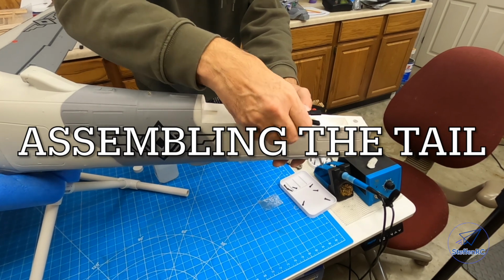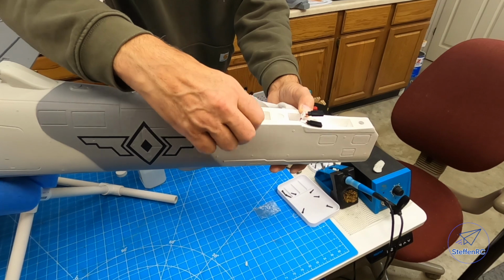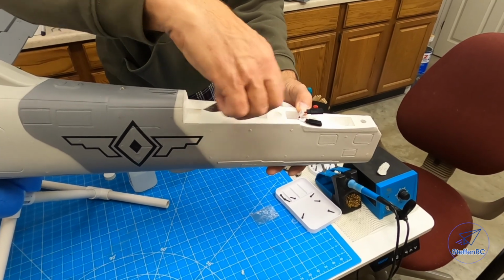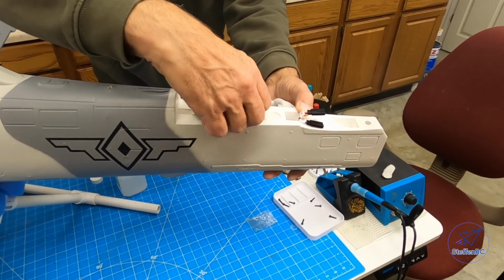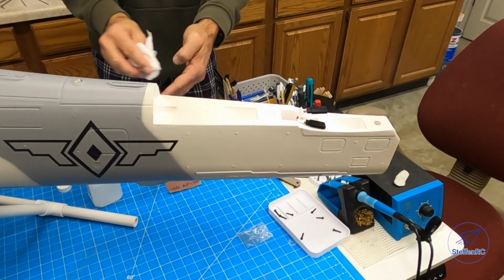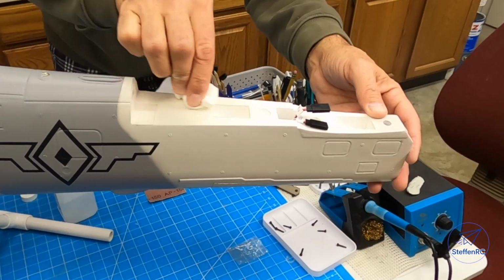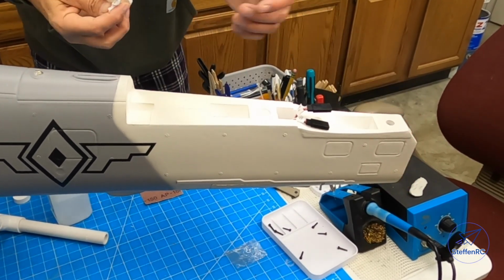Gluing this little tail piece on, and I kind of want to just scratch up the surface a little bit. It's also painted, and the paint just comes off, so I wanted to make sure I get a little bit better adhesive. It's not like it's a structural part, it's more for show, but